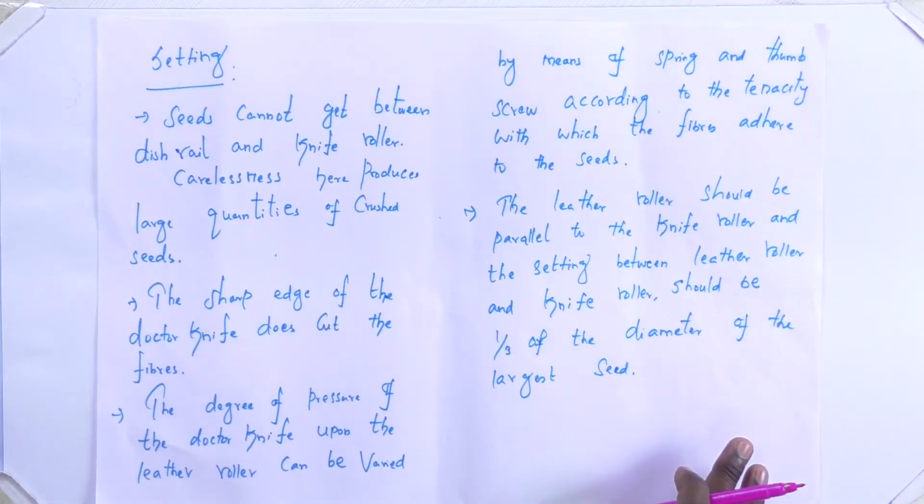Next topic, setting. What is setting? The nip to nip distance of a roller, or the gap between one roller and another roller, is called setting. Setting is a very important factor for processing cotton fibers in the ginning machine, because if the setting is wider, the ginning process does not take place, because removal of seed from the cotton fiber is not possible